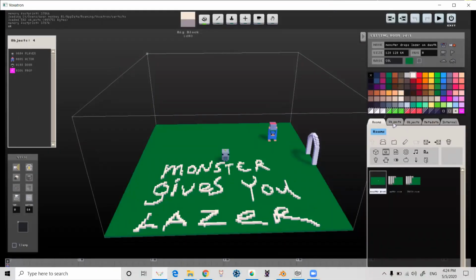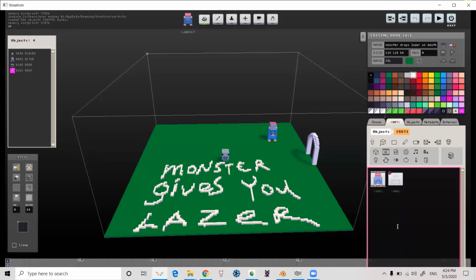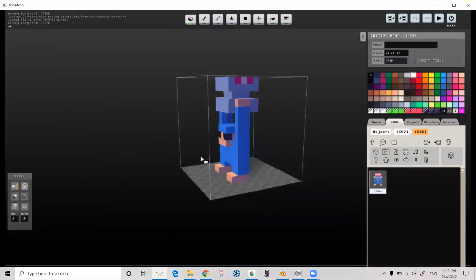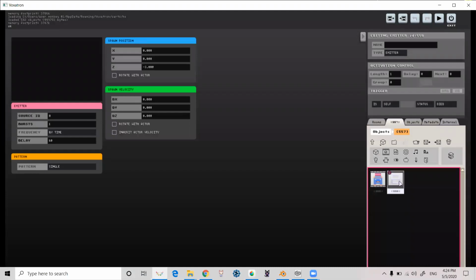I made a monster. It's a rather very simple monster. So we're gonna go inside and take a look at it. It just has an animation, right, with a single state, the guy holding a laser. All right, and the reason why he's giving you the item is because it has an emitter, and this